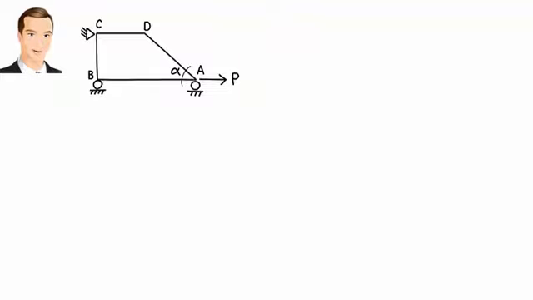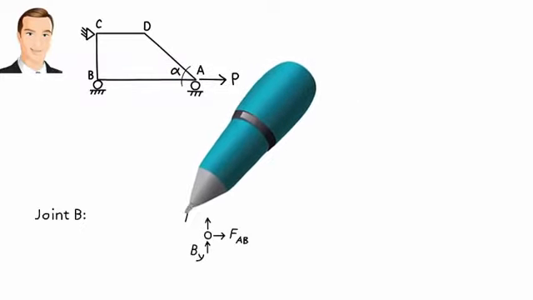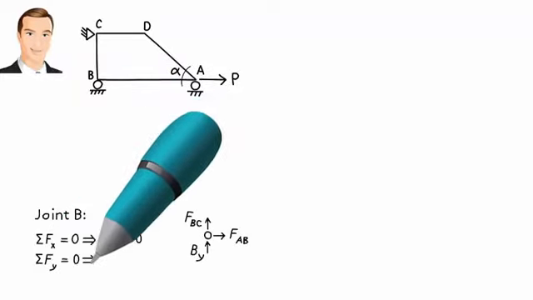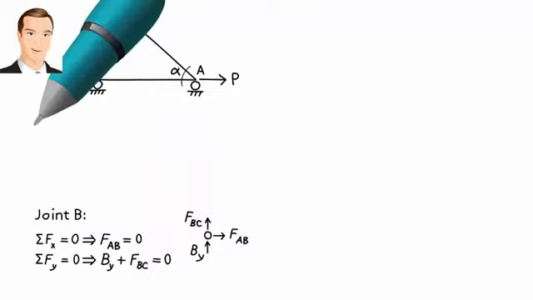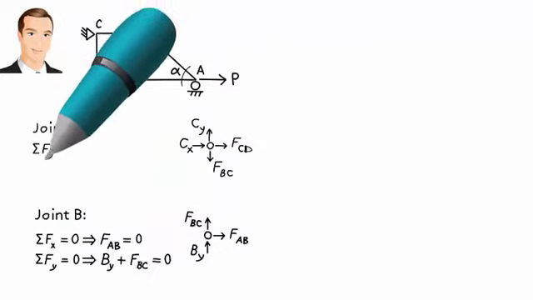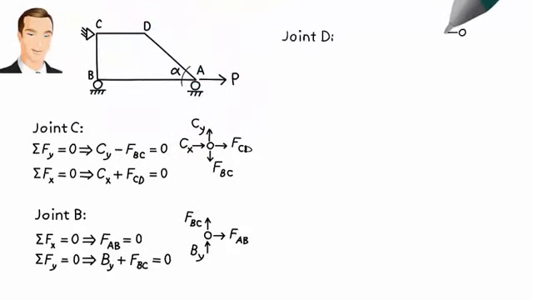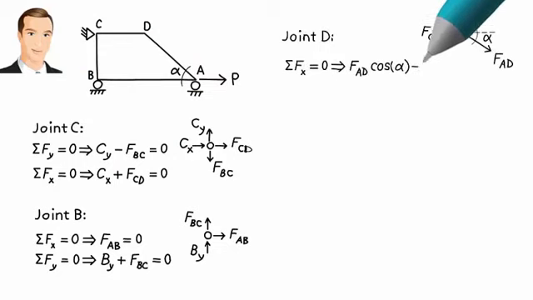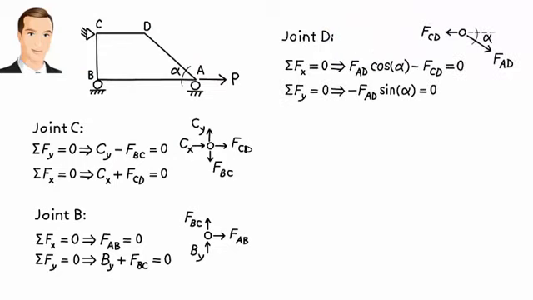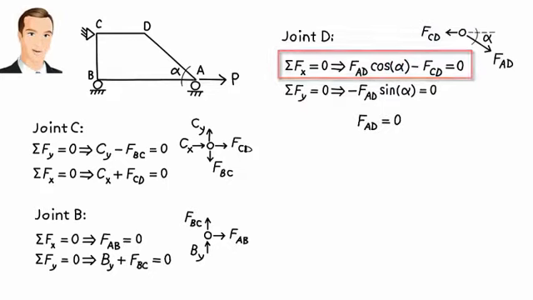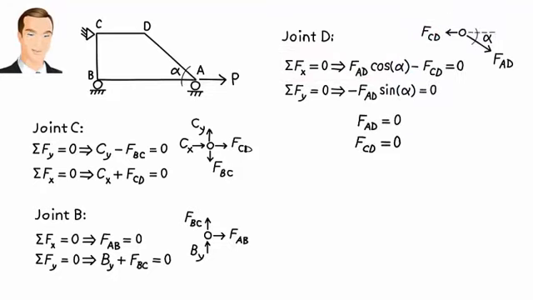Here are the joint equilibrium equations. For joint B, we can write, for C, we write, for D, we have, this equation tells us FAD is 0. Then from this equation, we can conclude FCD is also 0. And for joint A, we get